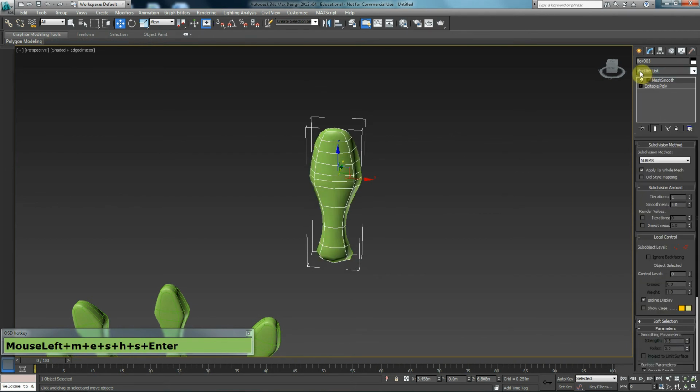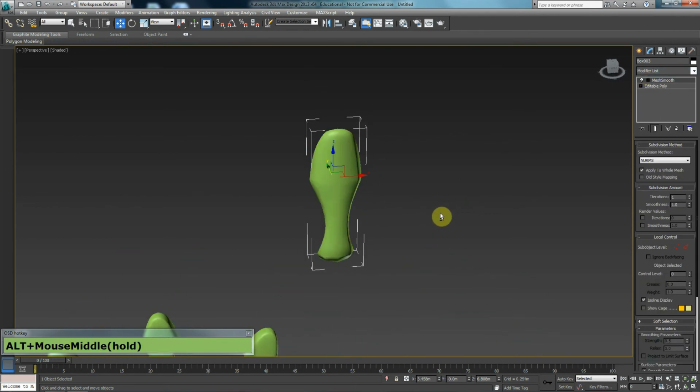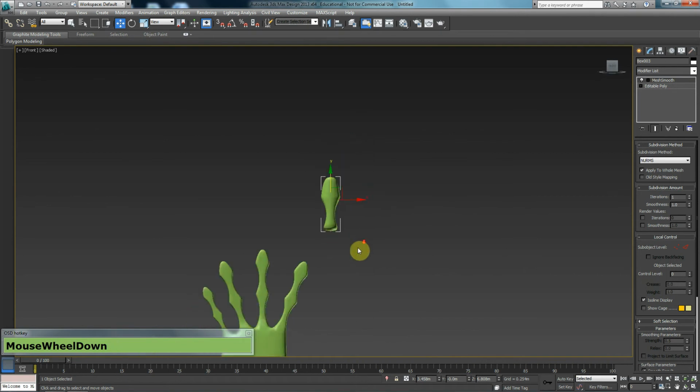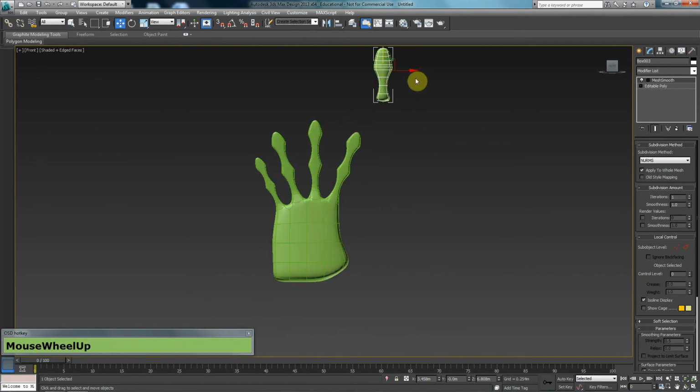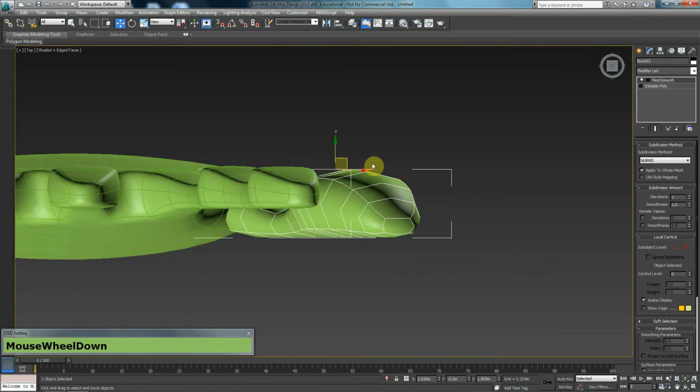Put a mesh smooth on it, and it roughly looks like a thumb. That'll do for me. Just bring that down here, and I might have to scale it a little bit bigger because it's a thumb. Just put that there. Rotate it a tiny bit on the top view, maybe push it in,